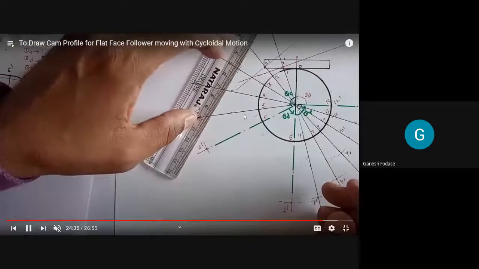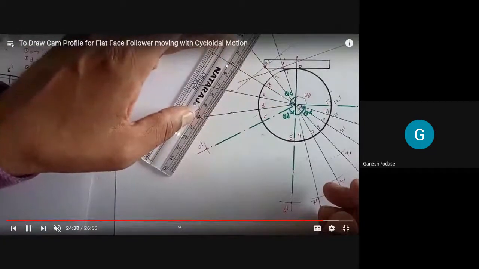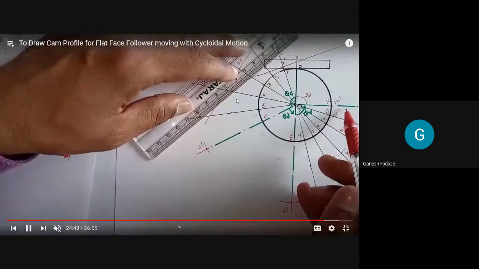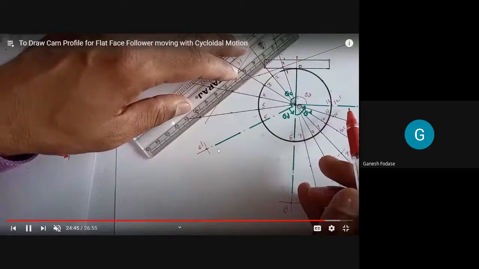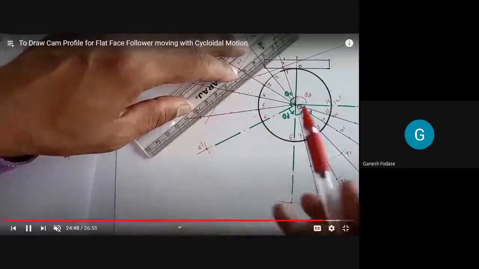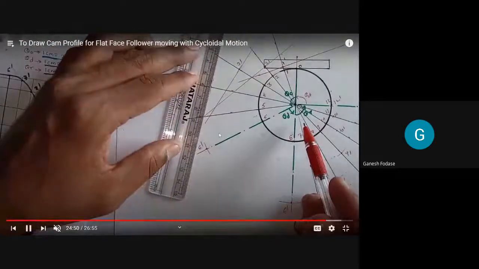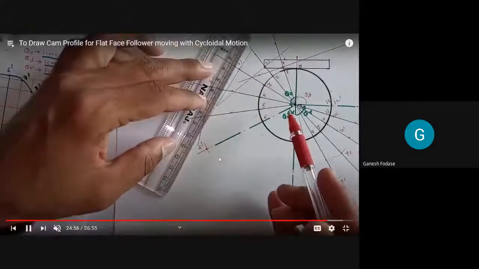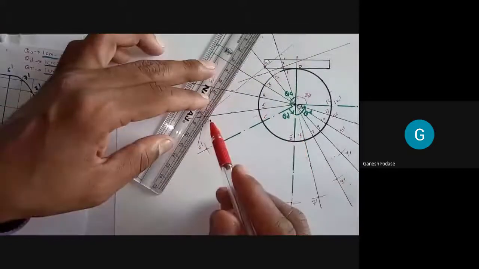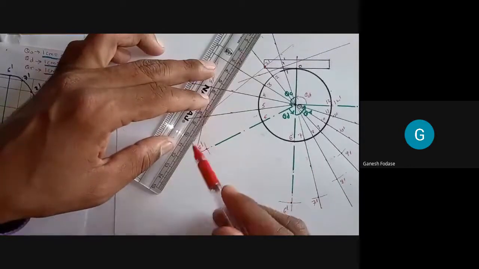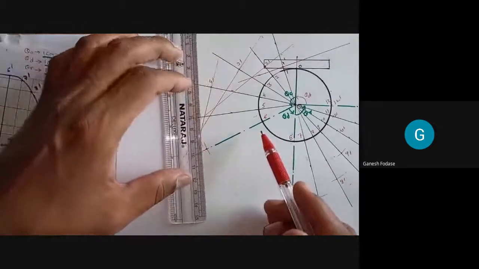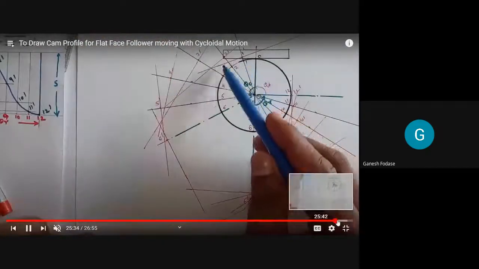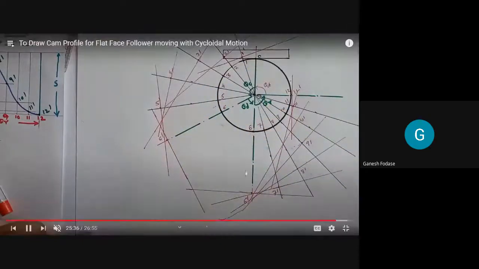Again, draw through 3 dash. You can see now. Just draw a perpendicular through 3 dash to the follower axis. So this one is the follower axis. Draw a perpendicular. Draw a longer length, because automatically we will get a curve. Now through 4 dash, see what you get, the extending length of this perpendicular through 4 dash. So go on drawing these perpendiculars. Now through 5 dash. You can see now these perpendiculars are drawn through each point.